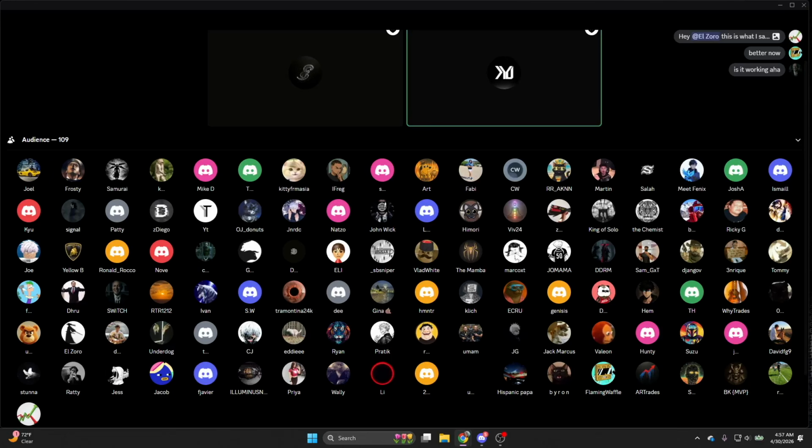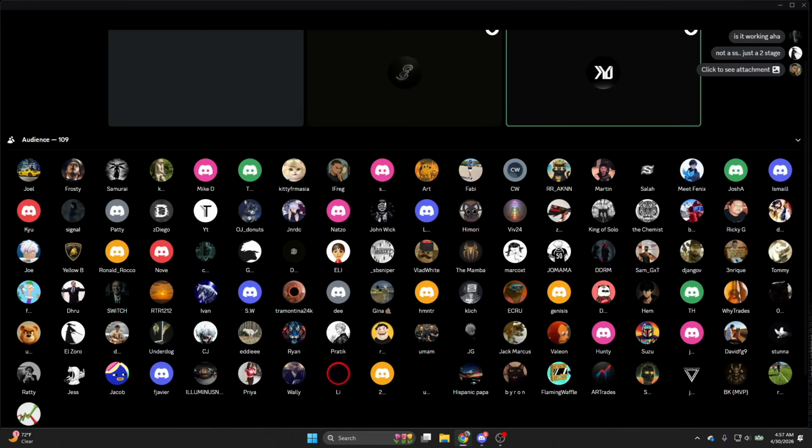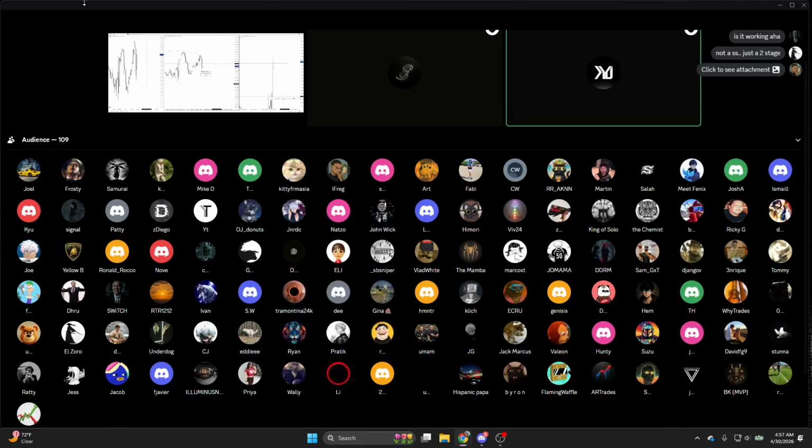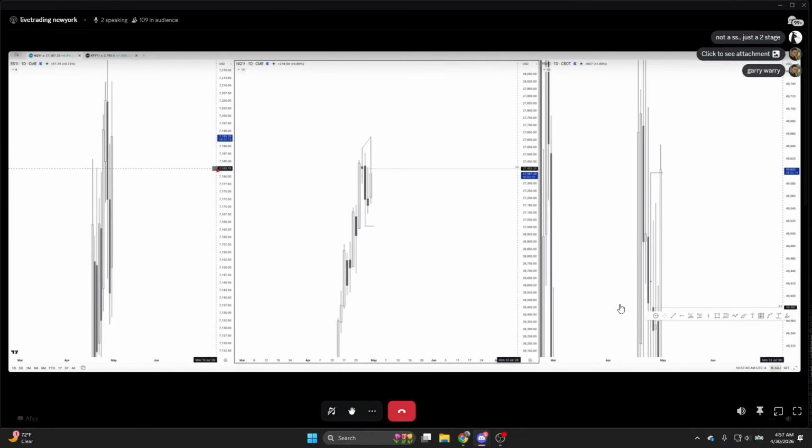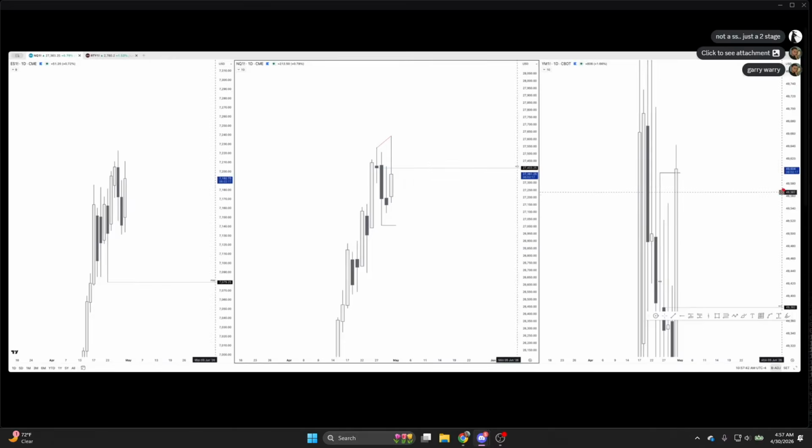It's actually a fair question that Zoro brings up. So you're always fading a daily candle when it's reversing. You need a daily profile to do that, always. So you can't trade a daily candle reversal without a profile. Here, the reason why I ignore these markets today is because if you look at the